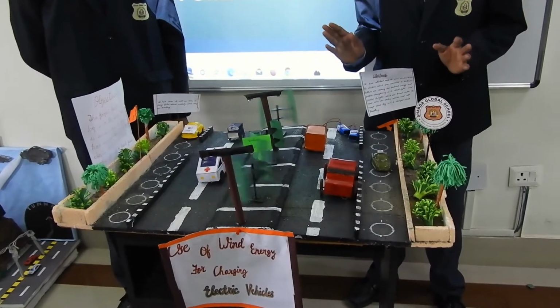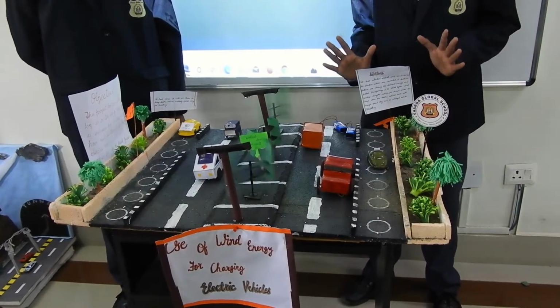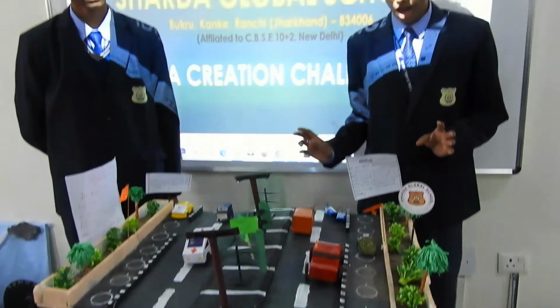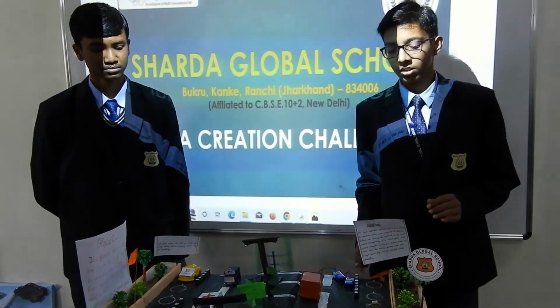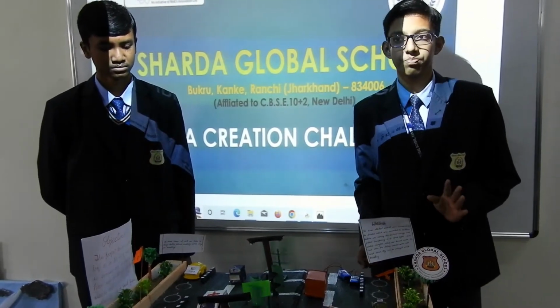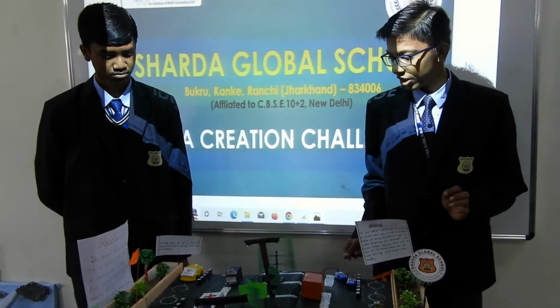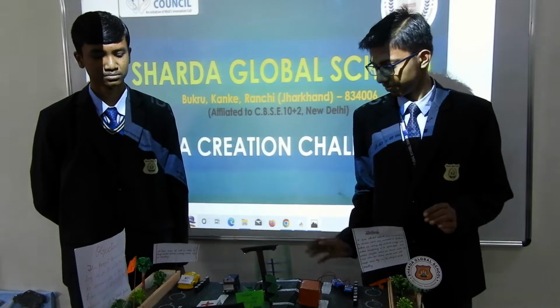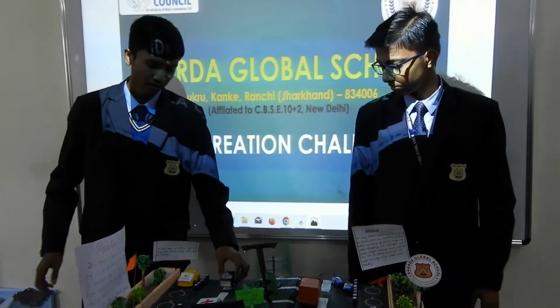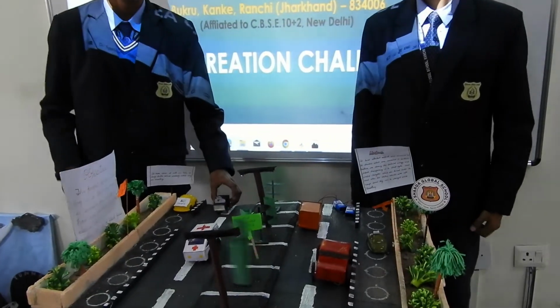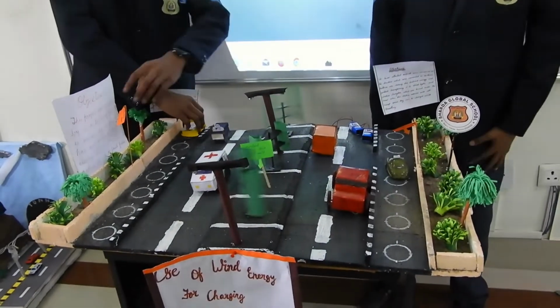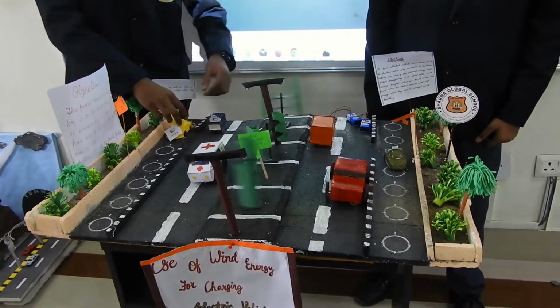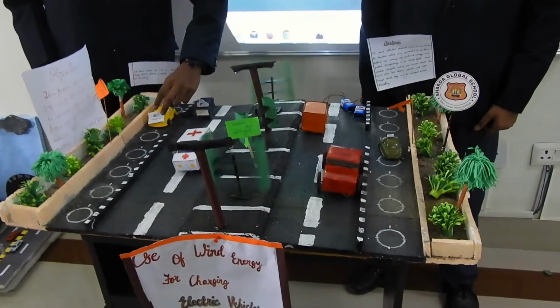The rotating windmills will be connected to a battery, and they will be connected to wireless chargers. The wireless chargers will charge the electric vehicles whenever they are in need. So, when an electric car has less battery, it can change its lane to an electric lane where it can charge wirelessly while traveling to its destination.